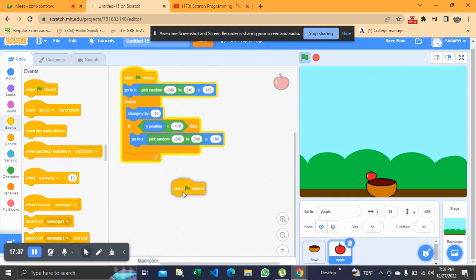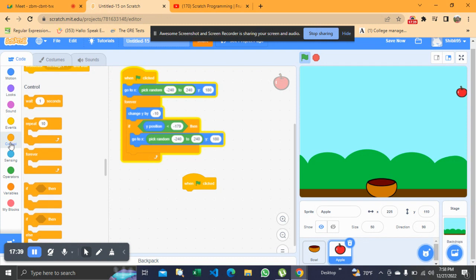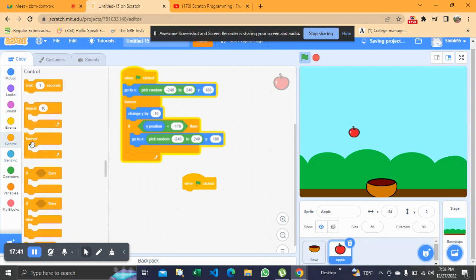Go to the event and go to the control options. Set the forever. Set the if condition here, and set the things again. Whenever it touches the bowl, it will go up again. So set the condition here. Go to the sensing option, because I mentioned